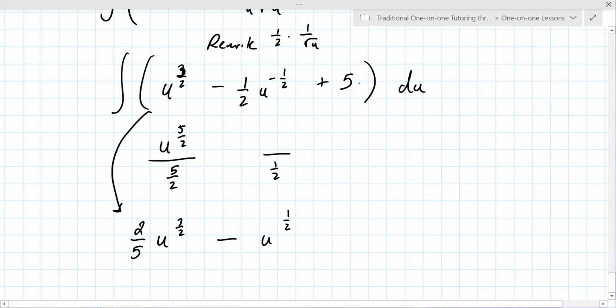And then what about this? What's the antiderivative of a constant? Would it just be 5u? Yes, plus c. Okay. And then I don't need to simplify anymore for that one, correct? No, there's nothing else. But depending on how you do it, you may end up having to rewrite a few lines here. Okay. So out of 1 through 10,